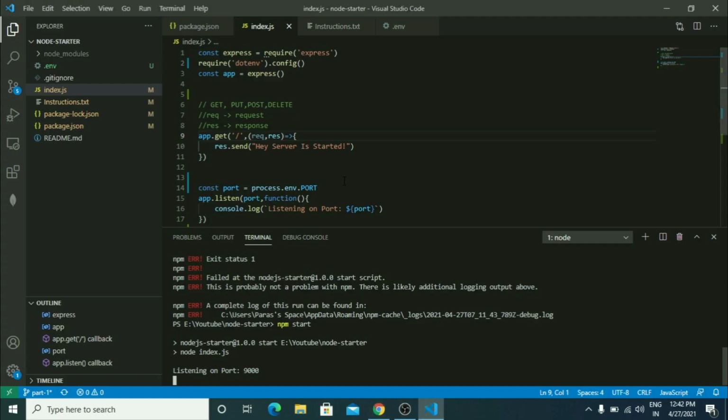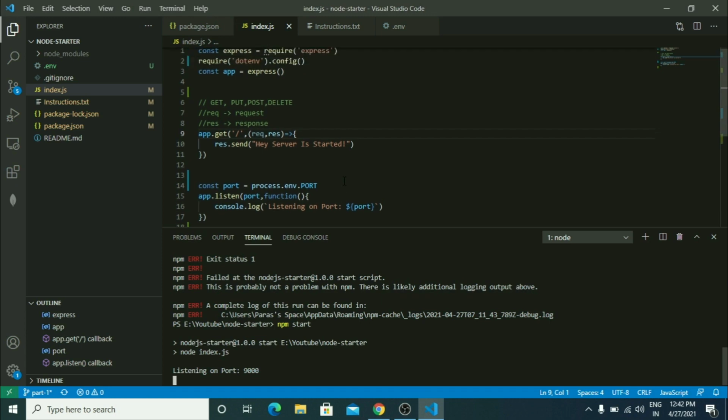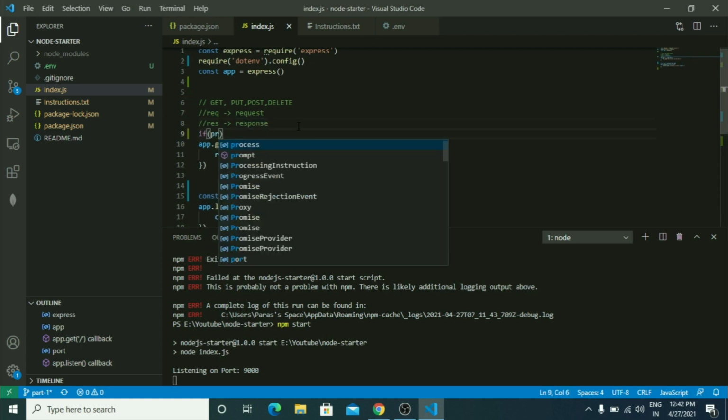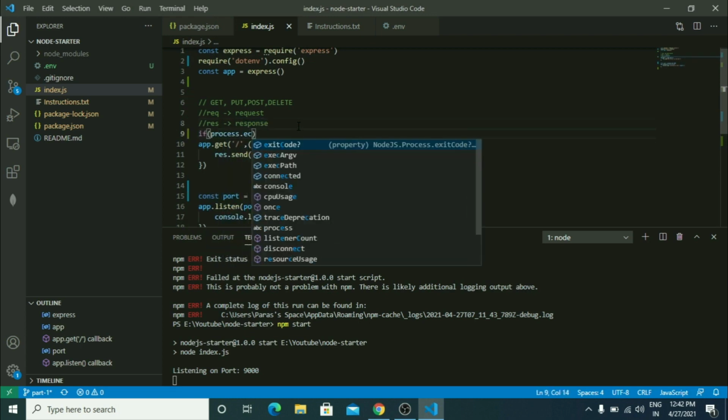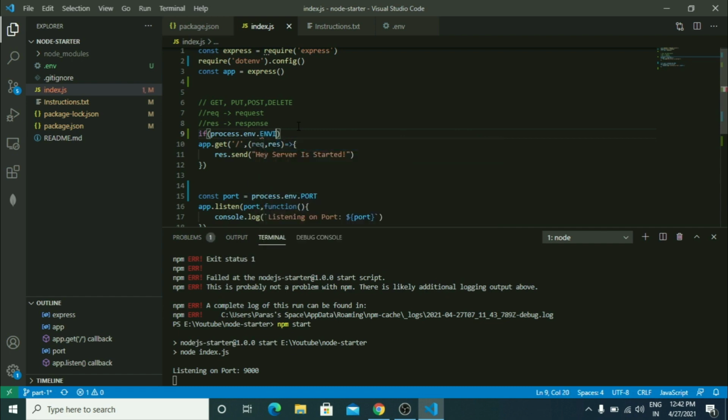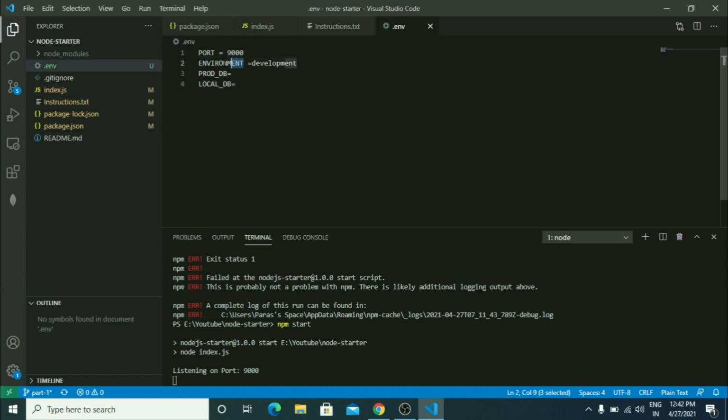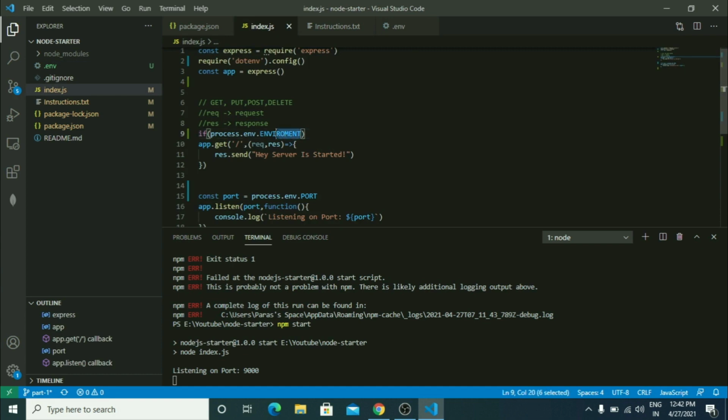Now I'll tell you how you can separate the development and production environment. If I write here, if process.env, let's copy the variable name here to avoid spelling mistakes.